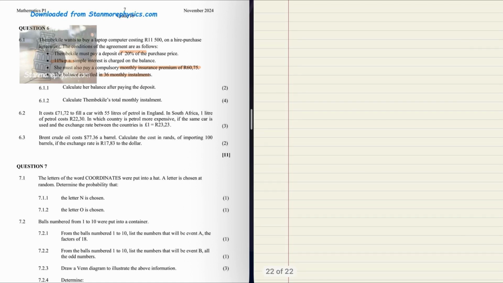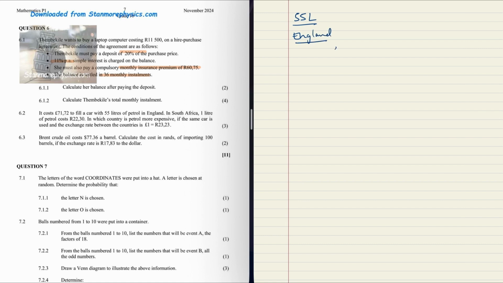Question 6.2, it costs £71.72 to fill a car with 55 litres of petrol in England. In South Africa, 1 litre of petrol costs 22 Rand 30. In which country is petrol more expensive, if the same car is used and the exchange rate between the countries is £1 equals 23 Rand 23 cents. So first I want to convert the pounds to rands. So for 55 litres in England,